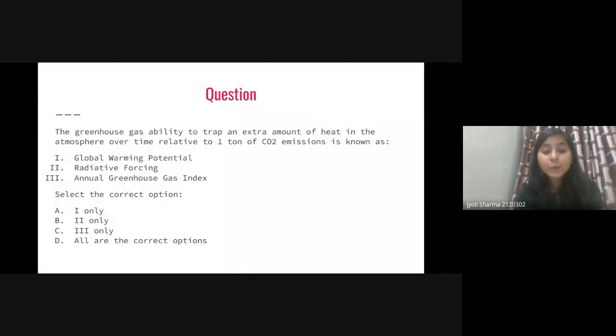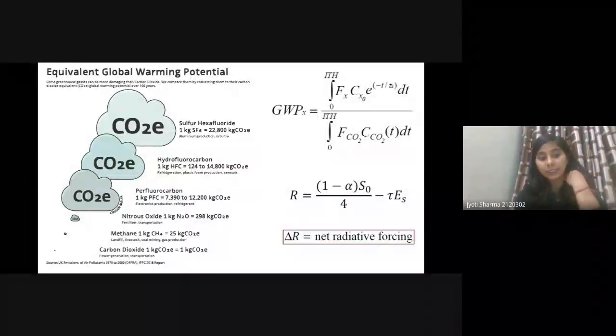So this is related to how powerful the other gases are in comparison to carbon dioxide at capturing the long wave radiation. So this is known as the global warming potential. Answer should be A. Somehow I mistakenly wrote D here, but the answer should be A. That is the global warming potential. So here we can see